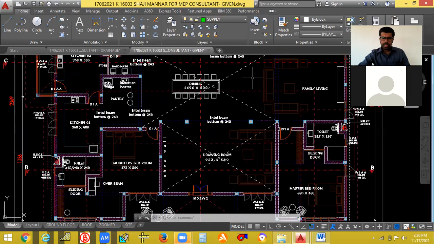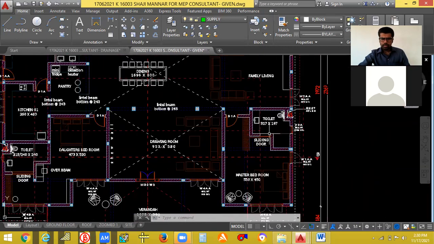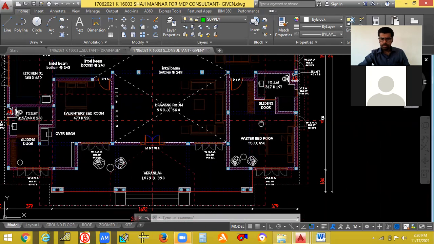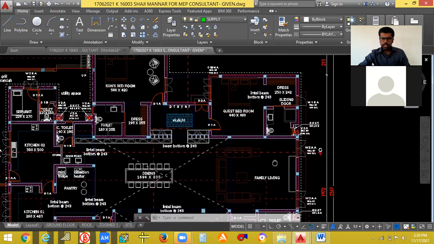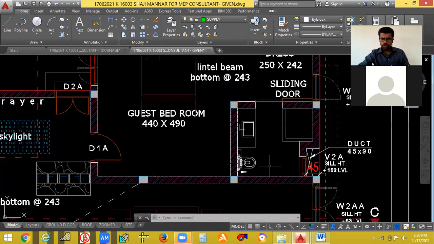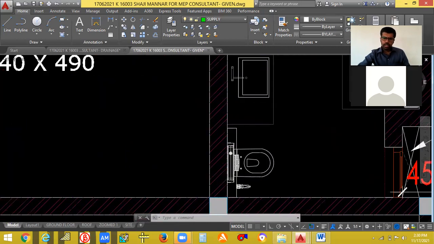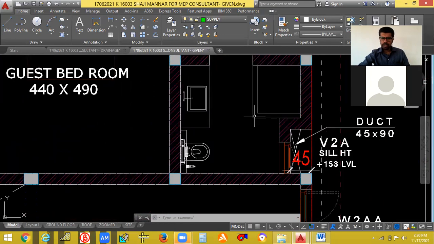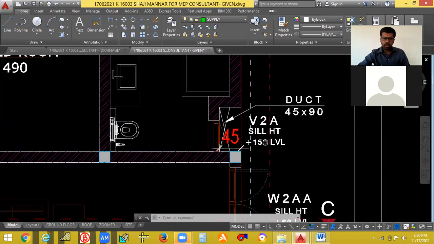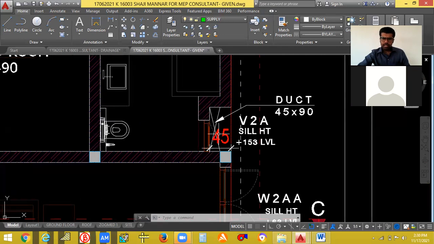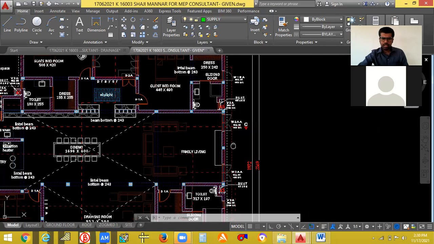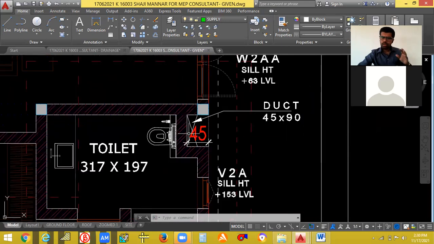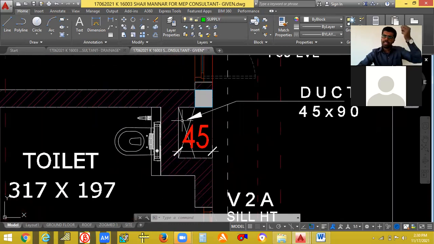Okay, and there's a toilet here. Okay, it's attached to the master bedroom. Then we have another toilet here. So you can see the toilet, water closet, WC and WB wash basin, etc. And they have provided the duct also. Okay, you can see the duct. This duct is separate, it is exclusively, you can take the pipelines through this duct also. So you can see all the ducts are given here. See, in the architectural drawing itself, they have given the duct. So through this duct, we can take the pipelines.